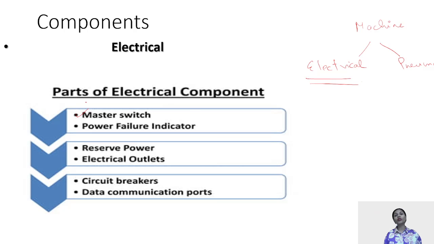The master switch is meant to switch on the electrical as well as the pneumatic component. This is the main switch, and generally when the machine is not in use, the master switch is in the off position. But when the master switch is off, the only thing that is being run is your battery charger